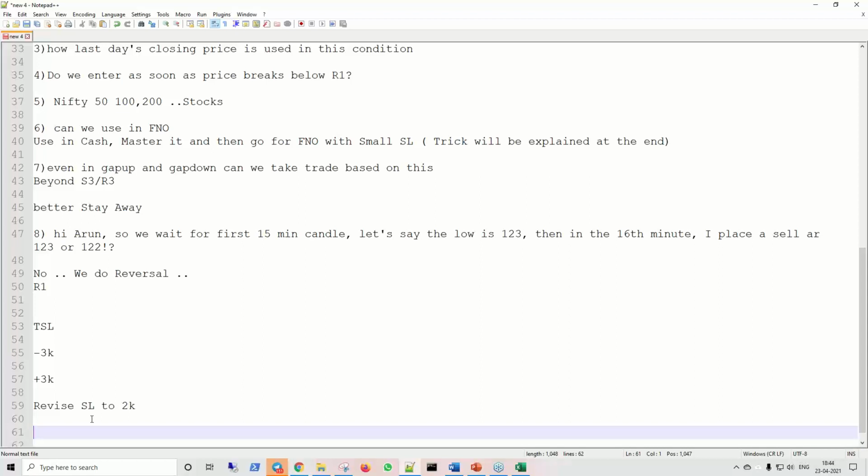And once again, I repeat, most likely if things are fine, you would have got the day low or day high. Of course, if you're an option player, after doing enough backtesting in the cash segment, maybe after completing 21 successful trades, then you could try entering in options with small SL.